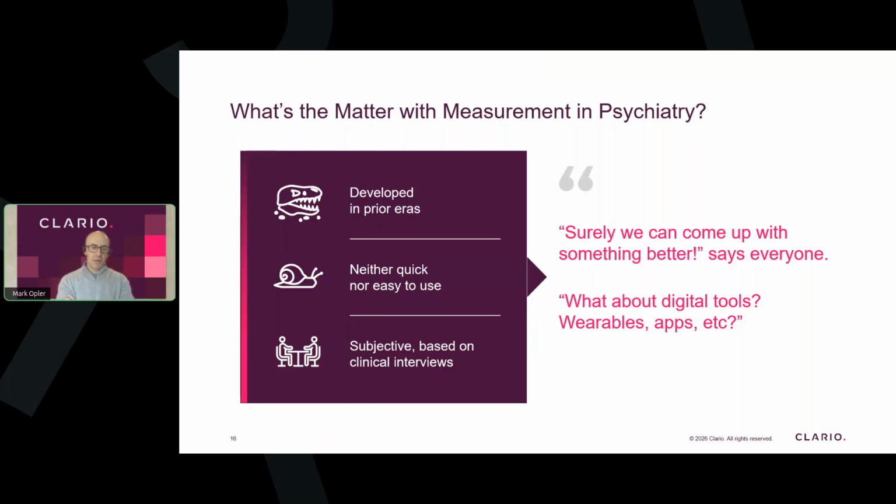So just to outline for those of you who aren't steeped in this literature, in psychiatry, our measures tend to be somewhat old and creaky. They are typically developed in prior eras, many of them decades old. They're not necessarily quick or easy to use. They're not tools often developed for high throughput research on an industrial scale. Many of them are quite subjective, and they're based on the clinical interview process, which is again a venerable and time-tested method of interacting with, evaluating, and collecting data on participants in clinical trials, but it's very time-consuming and